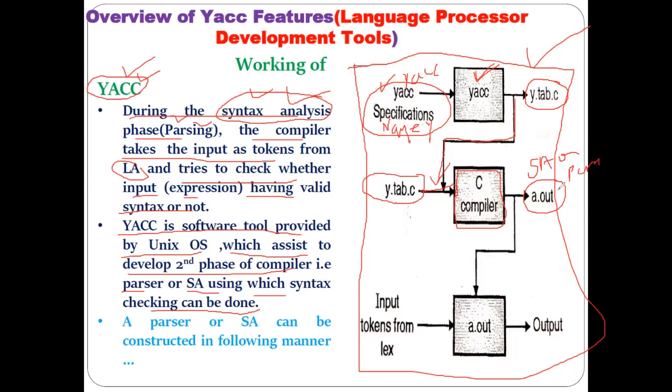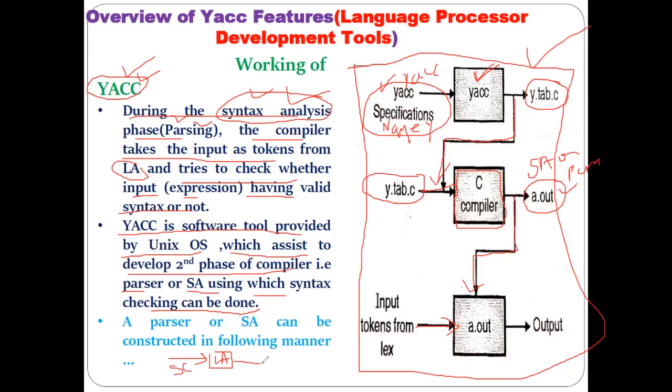Now this a.out is an executable file which you have to run in the third step. So in the third step, you have to run this a.out, just like the third step we performed in case of Lex, where we generated the lexical analyzer. Same here, you have to run this as this is your syntax analyzer. When you run this, you have to provide some input to it. Now, what is the input of the syntax analyzer? If you remember the phases of compiler, then you can easily tell me. This is your lexical analyzer as the first phase. This lexical analyzer of the first phase takes the input as some source code.